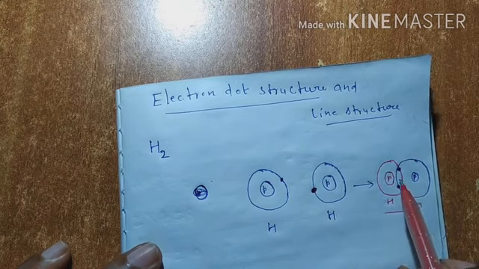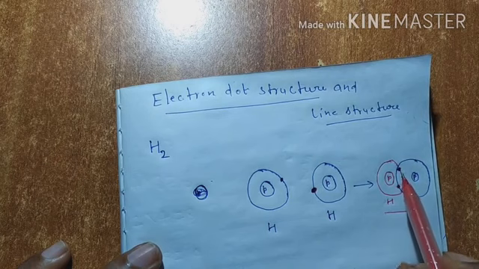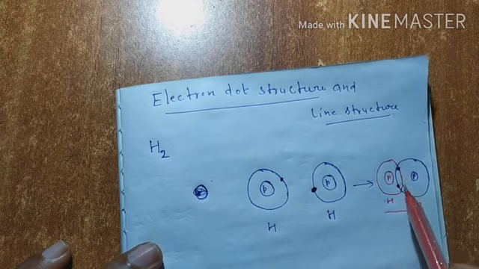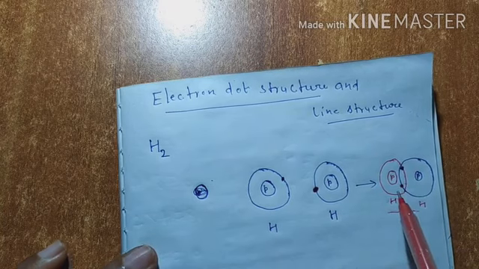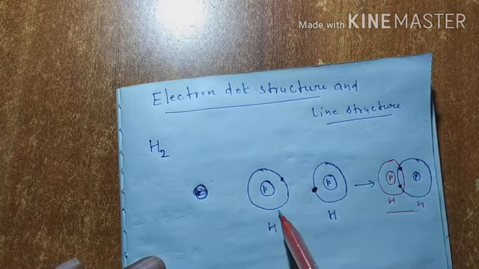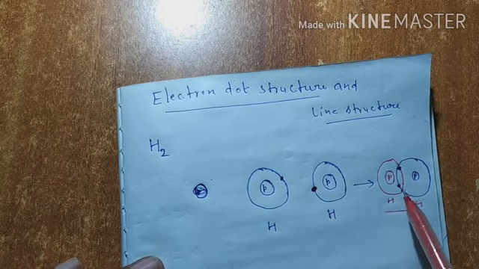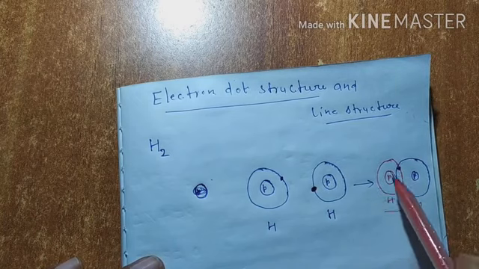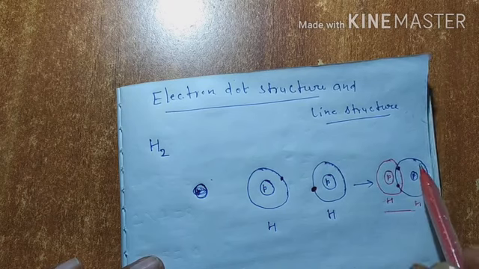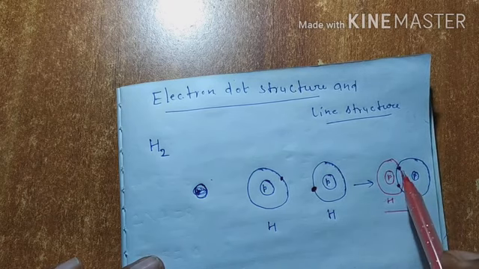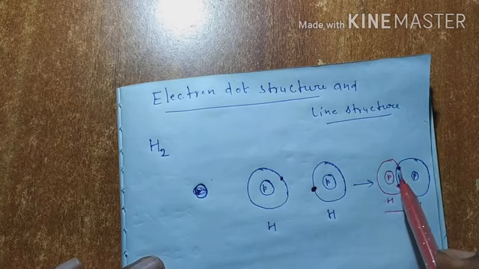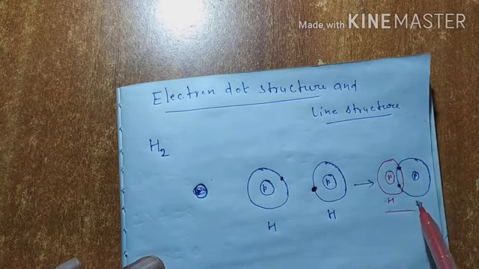So always remember, in one covalent bond how many electrons are there? In one covalent bond there are two electrons. This is very important, and I have already explained it to you. In hydrogen atoms, if there are 2 electrons in the outermost orbit, you can see here 1, 2, so this hydrogen atom became stable. Similarly, for this hydrogen atom there are again 2 electrons, 1, 2, so hydrogen formed a duplet. So now both the atoms are stable.